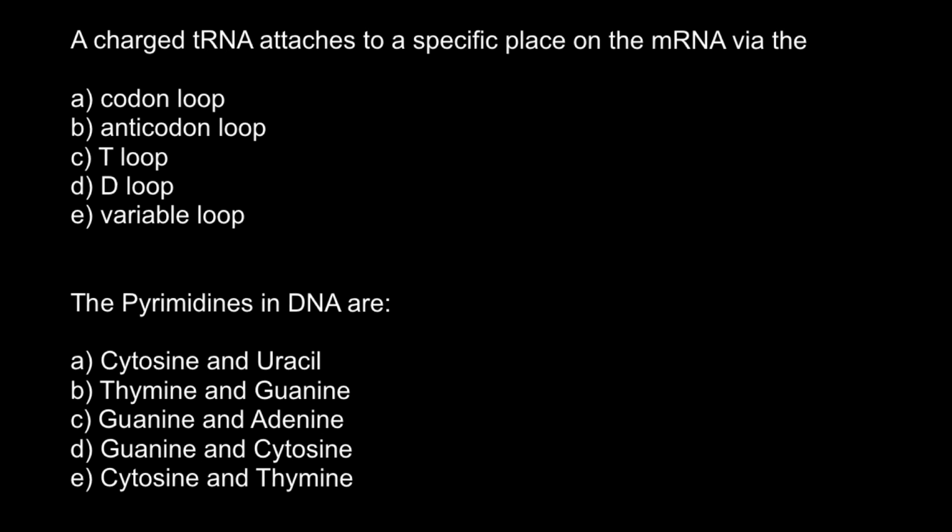Hello and welcome to Nikolai's genetics lessons. The first question is: a charged tRNA attaches to the specific place on the messenger RNA where the... and you have to choose between these 5 answers. Imagine that this is messenger RNA, and somewhere here we have